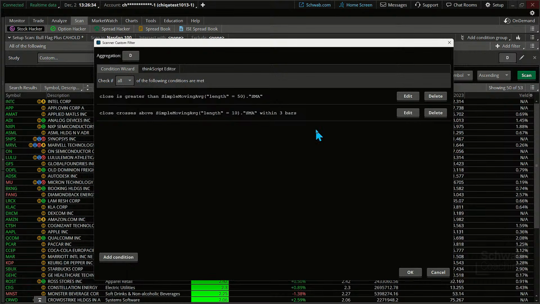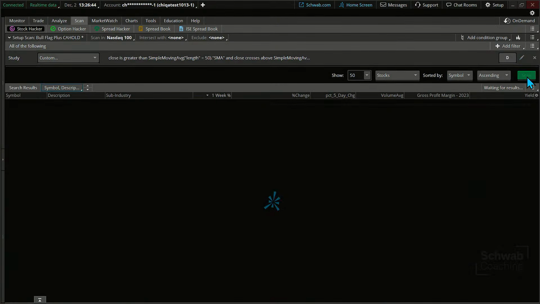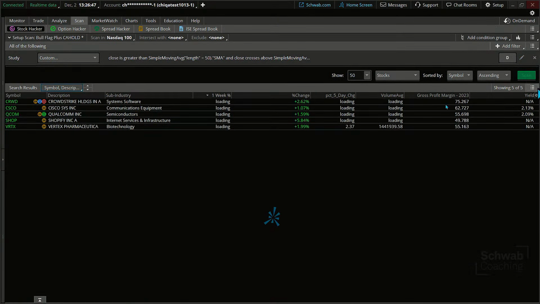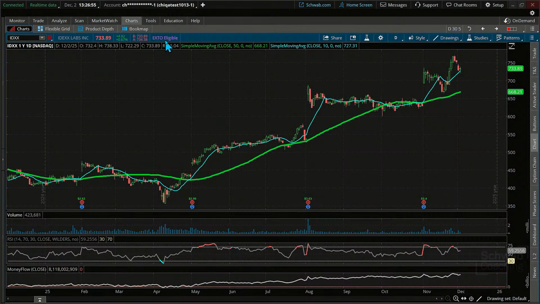So a very basic, but potentially powerful method for getting long-term, short-term trends in check anytime you want to find that swing trade trend. Let's go ahead and scan right now. It's going to take a little bit longer. Oh, yeah, we reduced that quite a bit. Let's go through now. As we've got those two in place, I want to take a look and see what stocks we can look at today for potential swing trades.